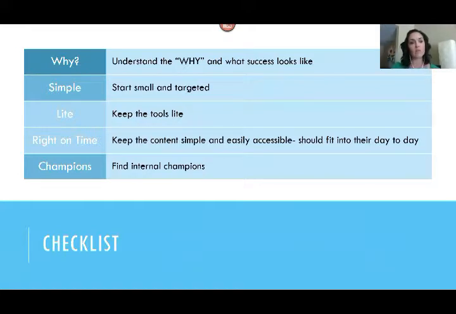And lastly, and this is huge, and something that I always do, first and foremost, go find your internal champions. They are going to help you be successful. They're going to help you create content, give you ideas, and give you feedback. These internal champions are going to be your support group internally when you are rolling out programs to the rest of the company.